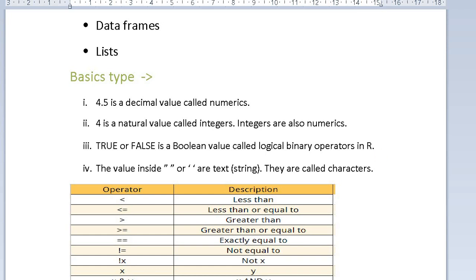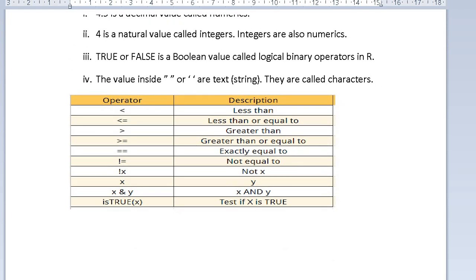Then there are some arithmetic operators, like less than. We are all familiar with these if we learn C plus plus. We mostly use them in any programming language.